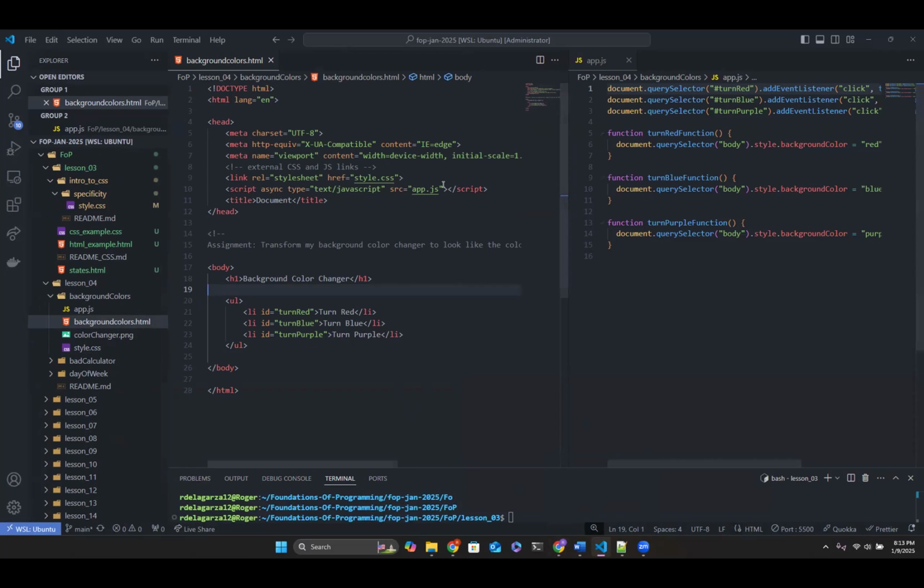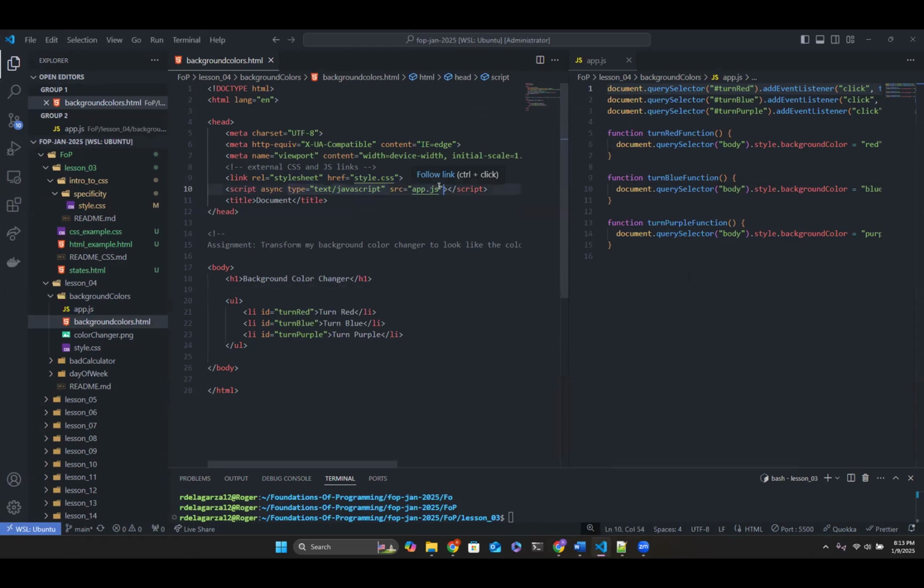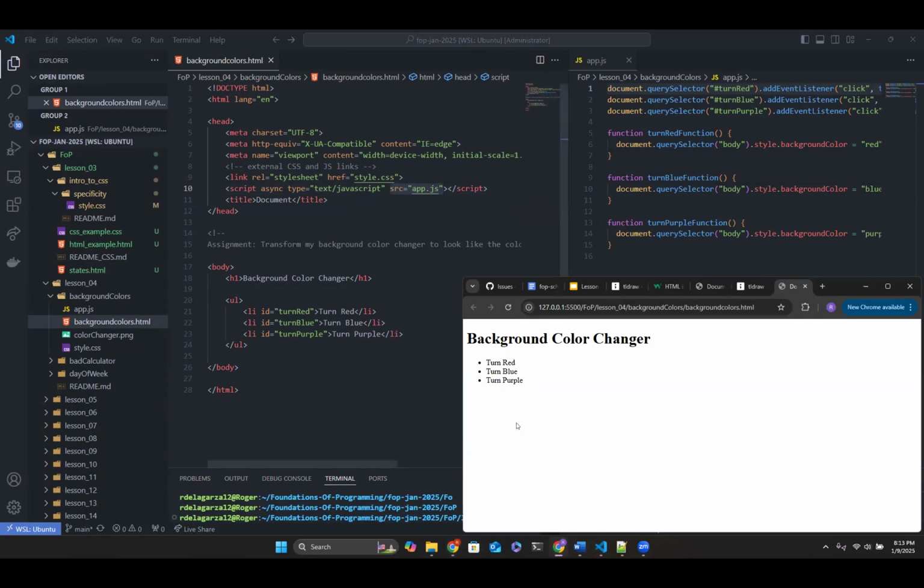And here is our JavaScript file, right? It's already done for you. In the HTML document, you already have the script tag attached to it. You see it's in the head. It has the async attribute, the type of script it is, and then the name of the script. And here is the script and the syntax. And let's talk about what it is saying. And I believe this is also in the slides.